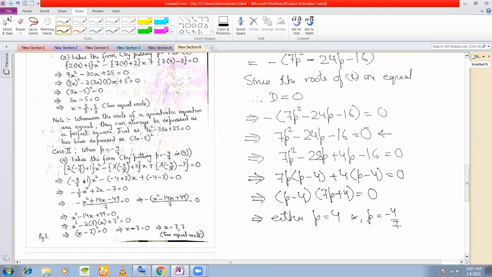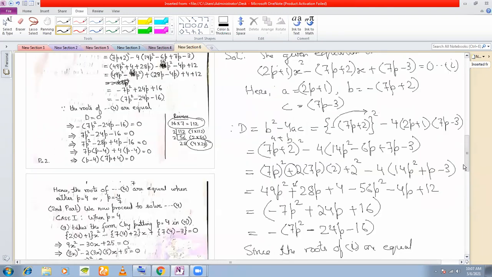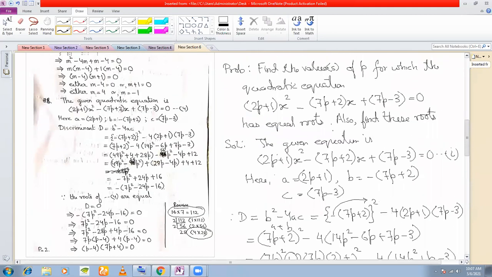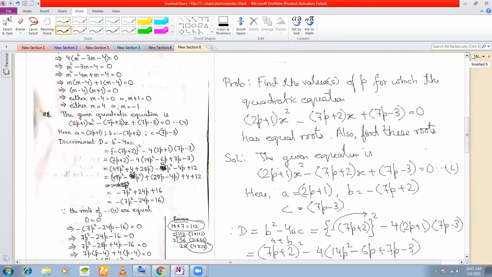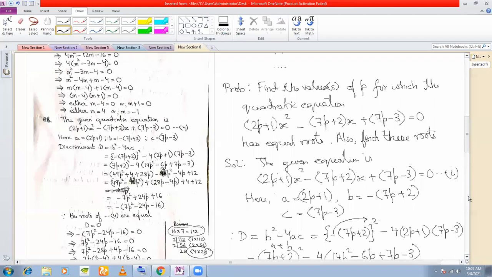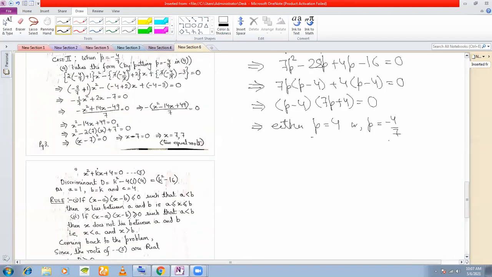Now you're getting these two values of p. So the first part of the question is done. The first part of the question asked what are the values of p. So the two values of p we have got as 4 and minus 4 by 7. Now the question is to solve this equation also. So we'll have two cases for two different values of p. Case 1 will be